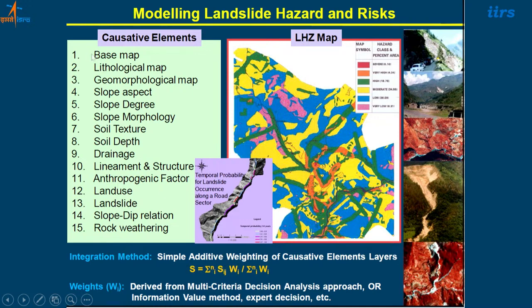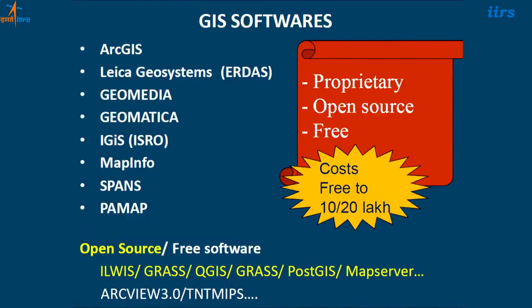You have the base lithological map, you have one weight for it. Geomorphological unit, you have one weight for it. Multiply that weight by this layer, the weight of the lithological unit by the lithological map. Similarly, do it for all the layers, and then you can create these kinds of hazard maps as well. But you should have domain specific knowledge of it also.